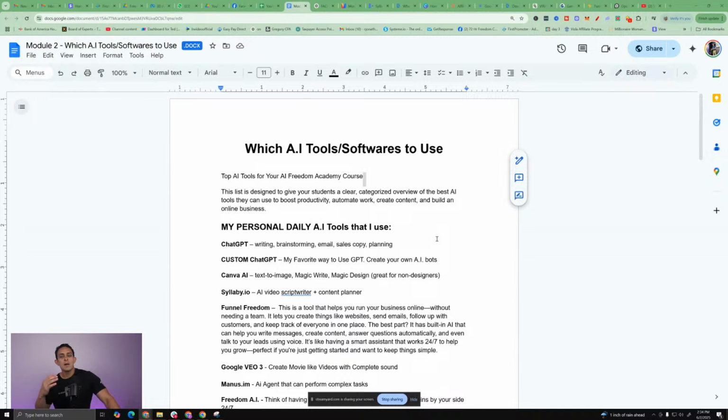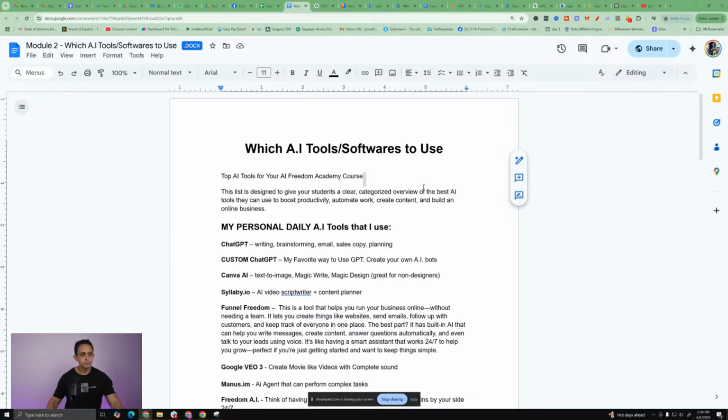But as I go through this list here, I want you to understand, I'm not going to go through every single one in extreme depth. I'm going to go through the ones that I really use and recommend, and I use every single day, right? These are the tools that I use in my business, and my wife uses them, to create presentations or to write content or scripts or whatever it is, right? So I'm going to go through some of these slowly, but then I'm also going to go through some of them very quickly that really are just there to help you if that's what you need. For example, there's AI tools that help you with creating songs, right? I'm not going to go super in depth on that because I don't do that.